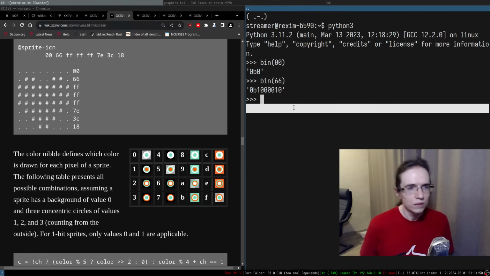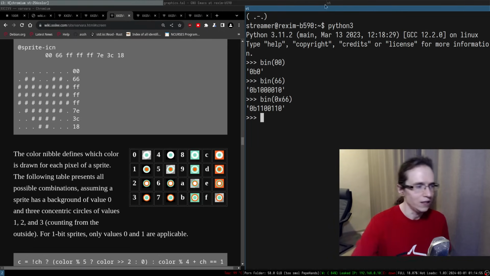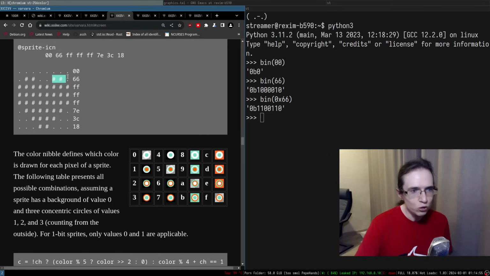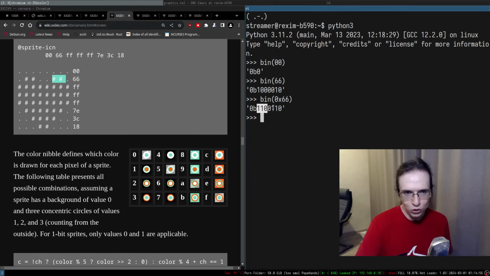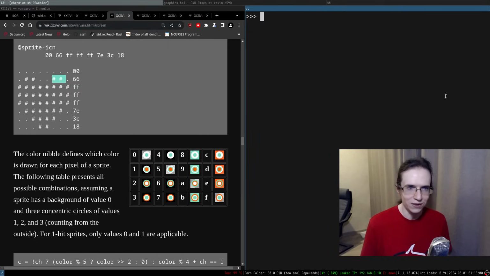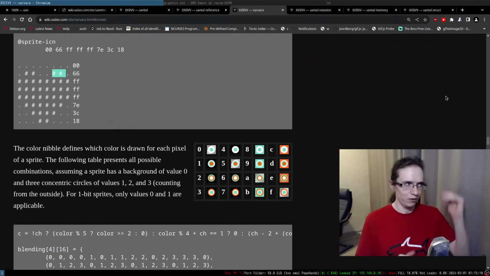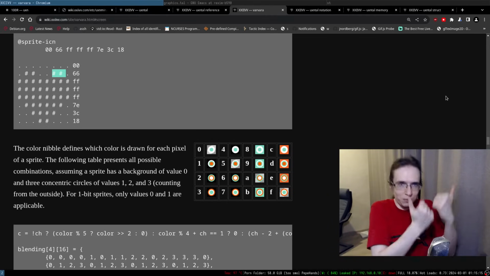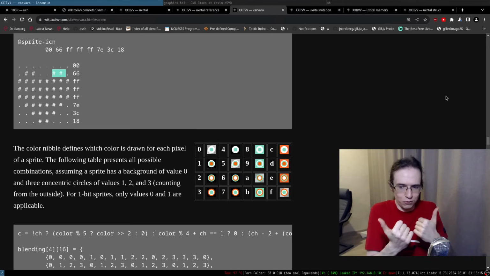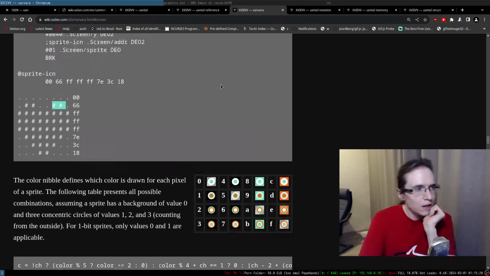Yeah, there we go. So there's 2 bits in here, 2 bits in here, and as you can see, 2 bits in here, 2 bits in here. So that's what it is. And then FF is the full thing. So that means the sprite just defines this template, right? It just defines these templates where you have, I guess, a foreground and background.